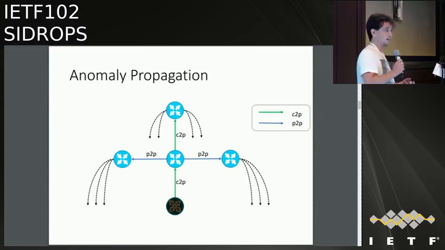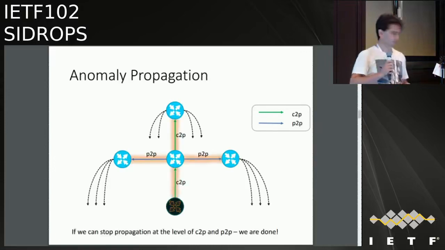Let's go back and speak about anomaly propagation. It doesn't matter whether it is a hijack or a route leak. It's propagated like any other prefix announcement. It goes from the origin, or the attacker, it doesn't really matter, to providers, to the upper providers, to peers, and after this, of course, to the downstreams, to the customer cone, and so on. And if we are able to detect it at the level when it is propagated to providers and peers, we are done.